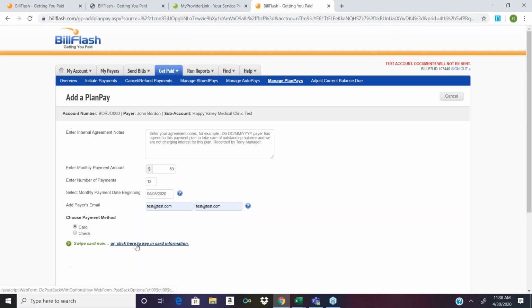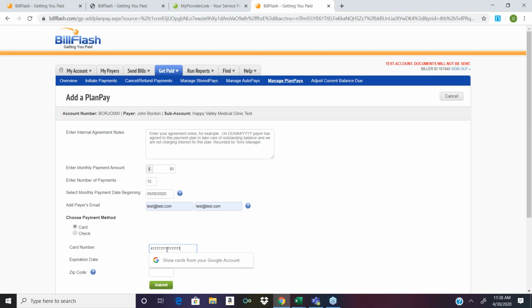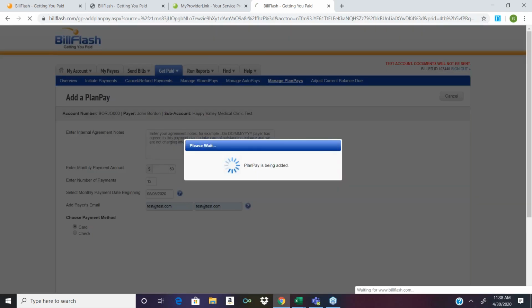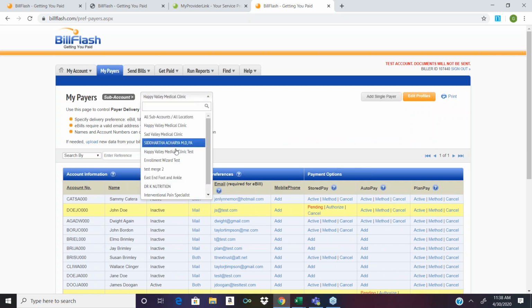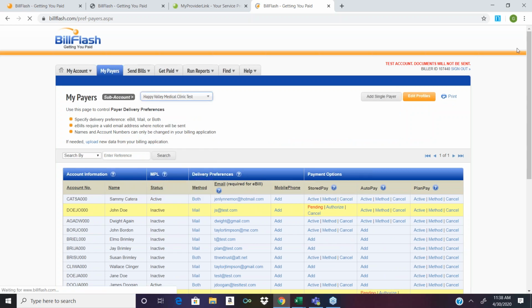So you can do a card or checking account. I'm just going to quickly key in a card in there. And then we hit submit. So now it's adding our PlanPay, but there is one final step that we have to do after we've added a PlanPay. So let me go back into my